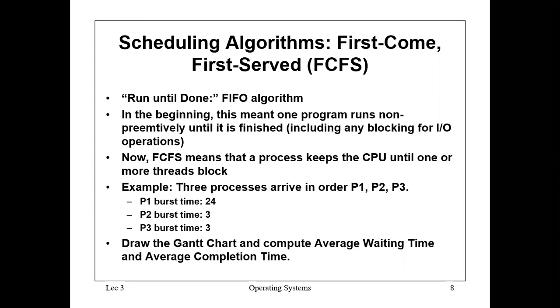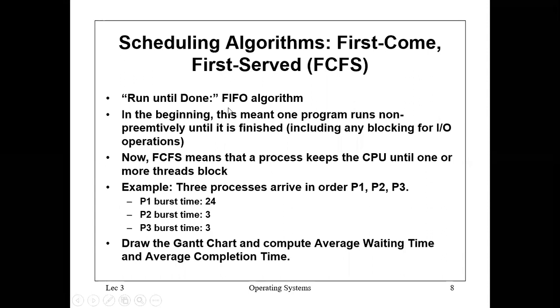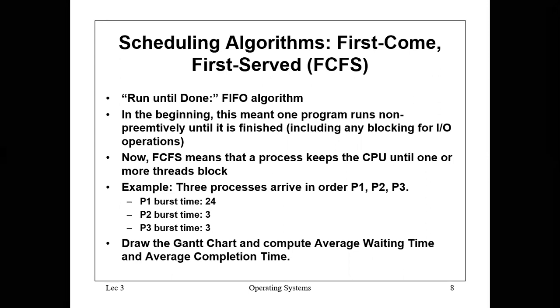Now, in first come first serve, the main idea is that one program runs non-preemptively until it is finished. So what is preemptive and non-preemptive? In the operating system, there is this idea that you will soon understand after seeing some of the slides, that there are two ways we can distribute resources. The first is that if you give resources to a certain process, you will not take them back until it is done. Another idea is that you will give resources to a process, but you will take them back after a certain amount of time.